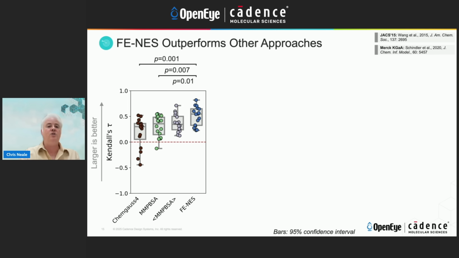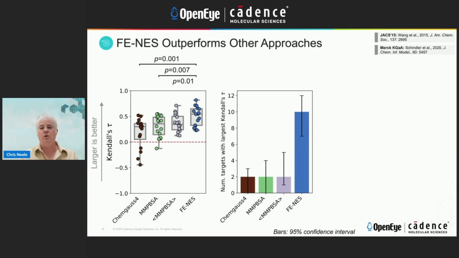So what you can see is that as we're moving down this funnel towards FE-NES, the predictions collectively are becoming more accurate and more useful for prioritization. It's also a statistically significantly better approach compared to all of these other approaches here when we look at a paired t-test. We can also then ask which of these approaches has the highest Kendall's tau for each of the 16 targets. And what you can see here is that FE-NES is the most performant in terms of rank ordering